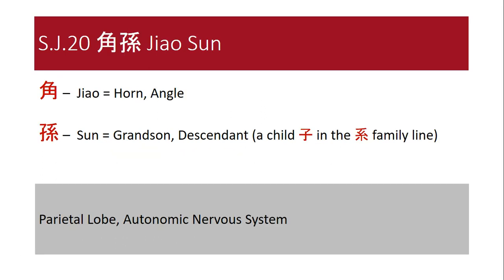Sanjiao 20, Jiao Sun, the angle descendant, is probably named after its location, at the depression where the apex, the angle of the ear, touches the skull. Again, this is a point with a clear affinity to the autonomic nervous system, the parietal lobe and the temporal bone. That is, the ears and auditory sensations, oral sensations, head and shoulder movements, facial expression, and tongue movement, as